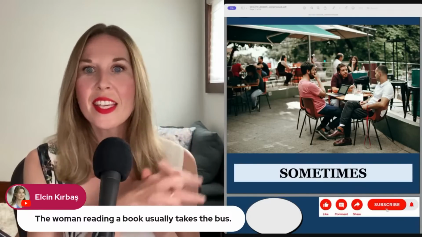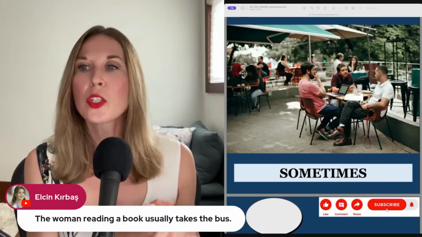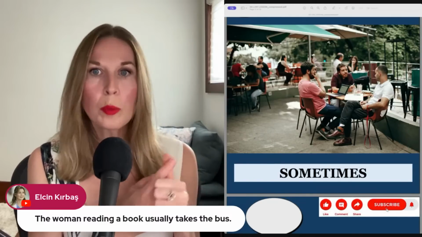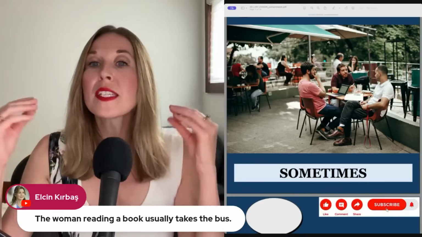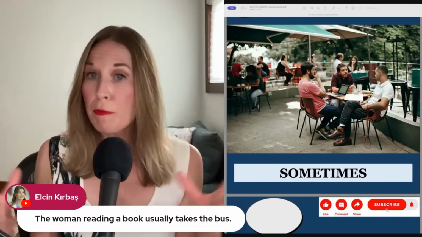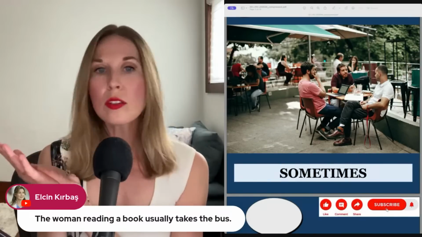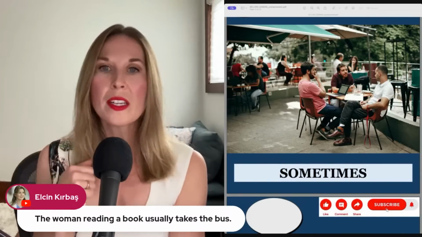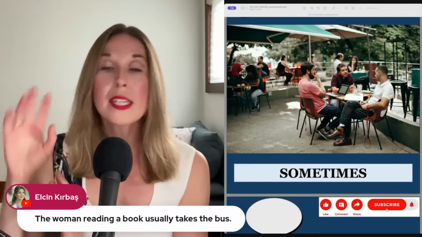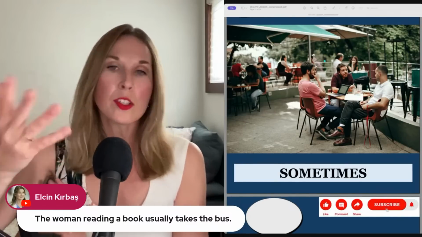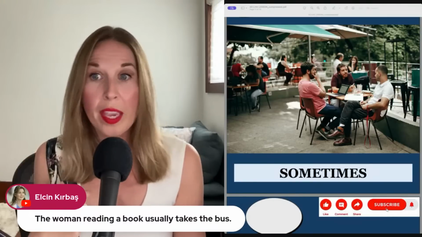So we'll do our subject, our adverb of frequency, sometimes, and then our verb. So let's think of a collective noun. We already practiced some. We could say the group. If this is friends, a group of friends, then you can use the group. They could also be colleagues. So we could say the team because they could work together. This could be a work meeting. It's just taking place in a public location.